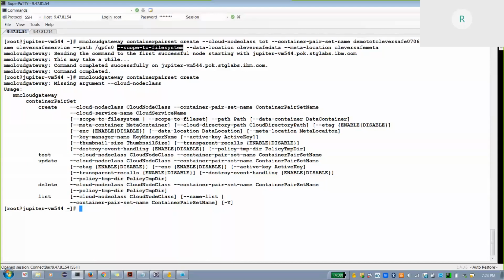Here the next option is scope to file system, where we can configure a file set to enable migrations to a cloud storage. And the last two options here are data location and meta location. With CleverSafe,